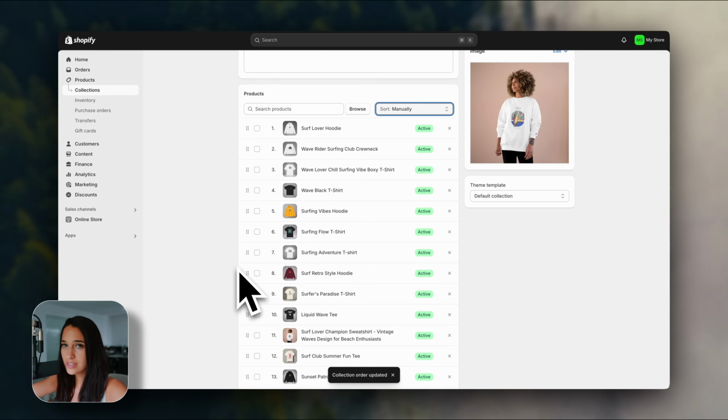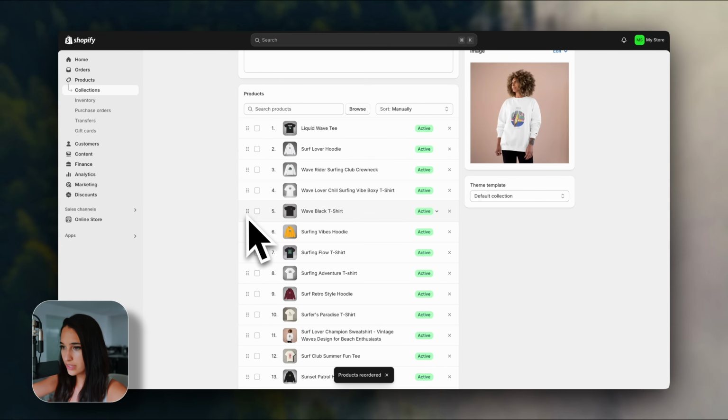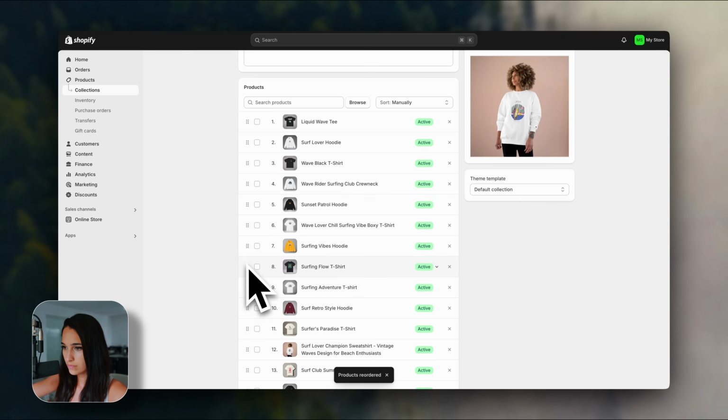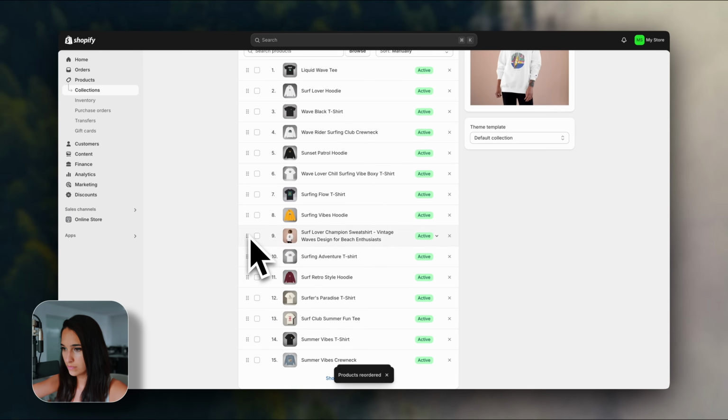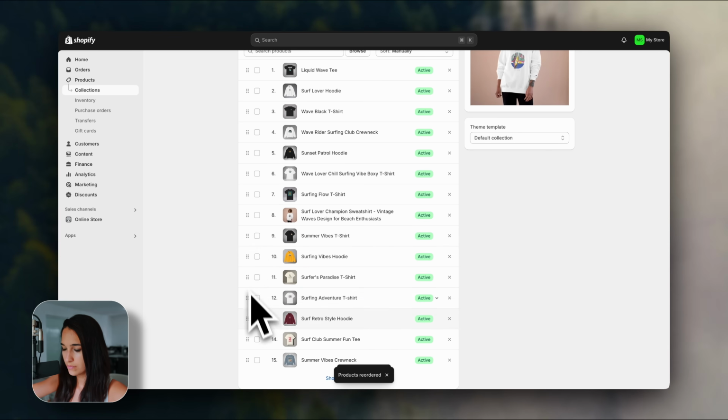So the idea is to start with your best looking products. So whatever products you think is going to sell the most, whatever your best designs are, it's ideal that you move that to the front of your online store, since you are looking to build a very good first impression of your store. So we're gonna drag this one up and just start intercalating the colors a little bit here. All right,